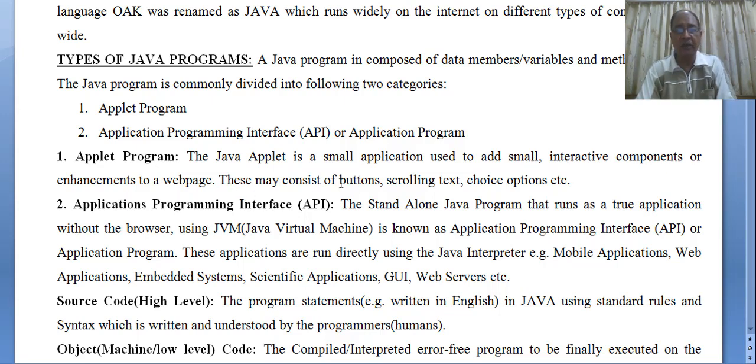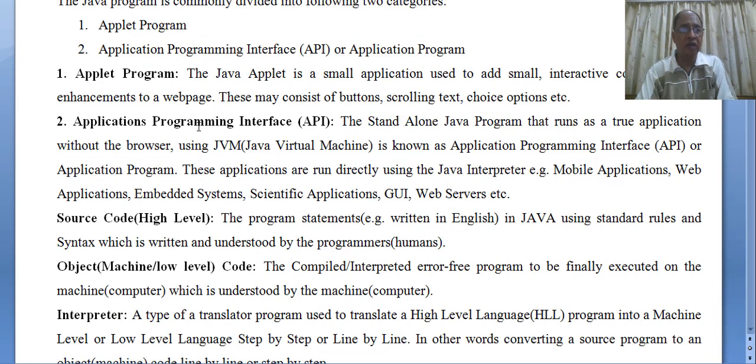These may consist of buttons, scrolling text, choice options, etc. Second is application programming interface, that is called API. The standalone Java program that runs as a true application without the browser using JVM, that is called Java Virtual Machine, is known as application programming interface or application program. These applications are run directly using the Java interpreter, that is using mobile applications, web applications, embedded systems, scientific applications,